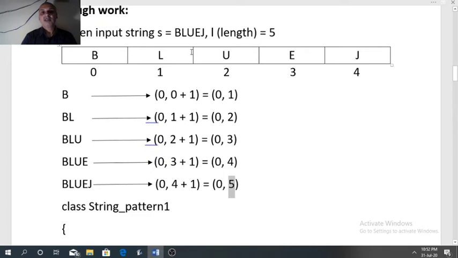Now see, this 5 is applicable for this word blue jay, because blue jay has the length 5. If we take any other word as input, then this value 5 will change. So actually, what is the relationship between this value and the length? So we have to find the relationship.